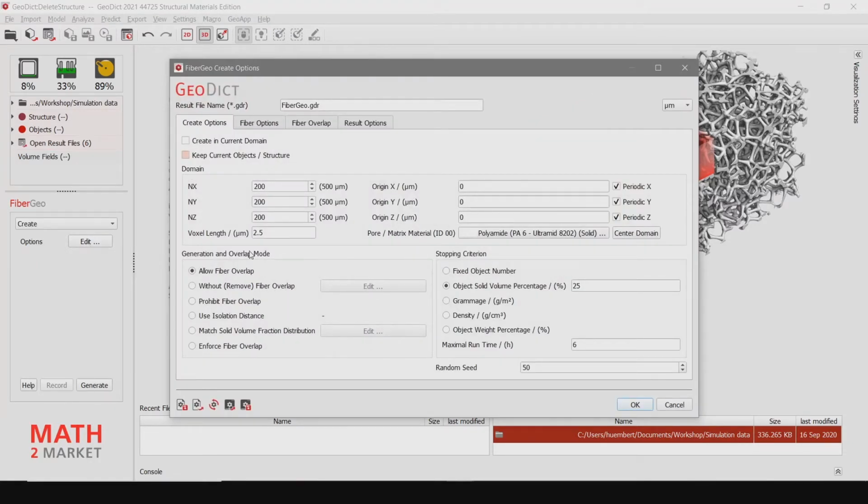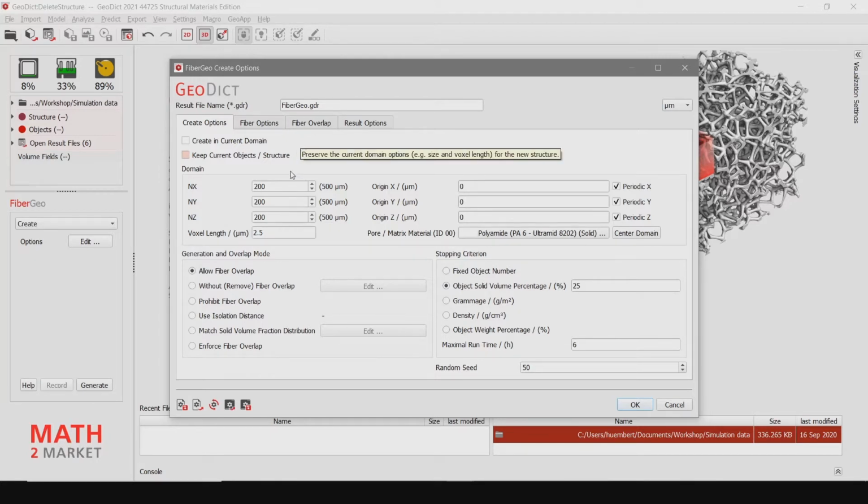Okay, so now we are in the Create options of the Edit menu. And here you can see that first of all we can define the size of our domain. The default value is 200 by 200 by 200 voxels.